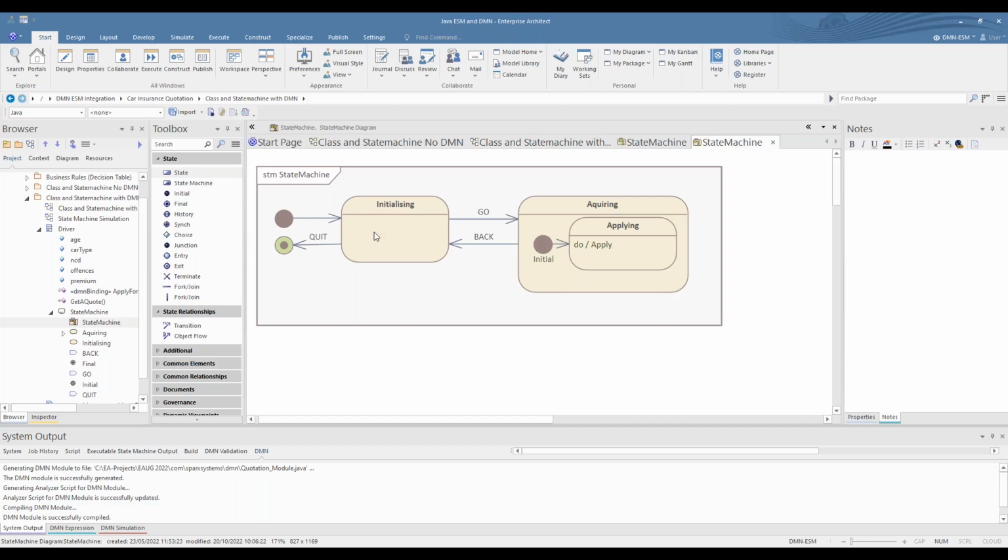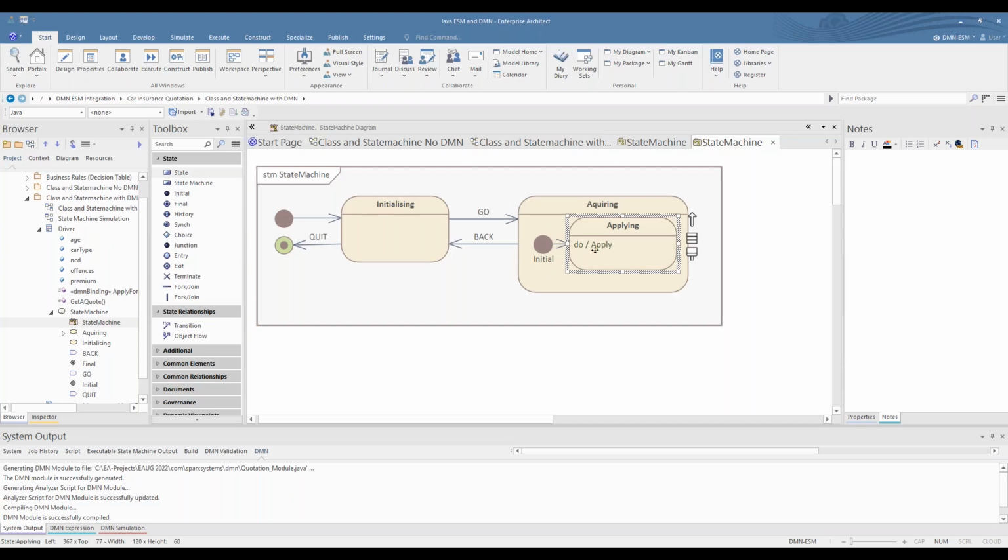If I zoom in slightly, you have a simple state machine, which is basically initializing, which I say is mimicking the states to acquire data from a user. We have a transition go, which goes into an acquiring, and just for fun, I've got a substate here. This operation, which I'll show you in a moment, is the one which is actually going to link to the decision table, and we're filling in all those blanks in a moment.